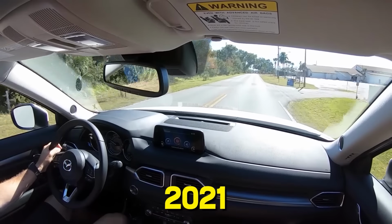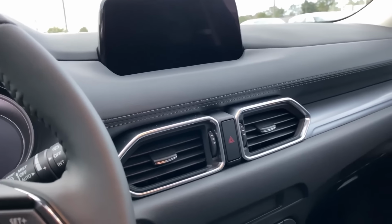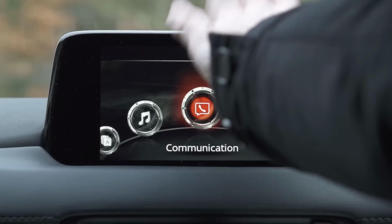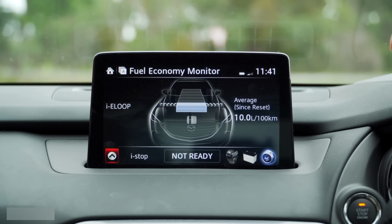In 2021, Mazda executed a brilliant, decisive engineering maneuver. They completely removed the touchscreen functionality from the vehicle. They installed a massive, ultra-high-definition 10.25-inch thin-film transistor display screen with a specialized anti-glare coating. This new, elongated screen is positioned much further back on the dashboard, keeping it out of direct sunlight to lower